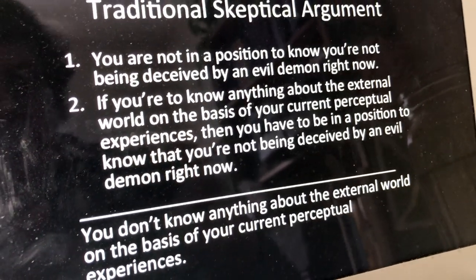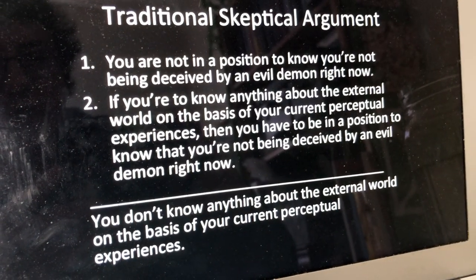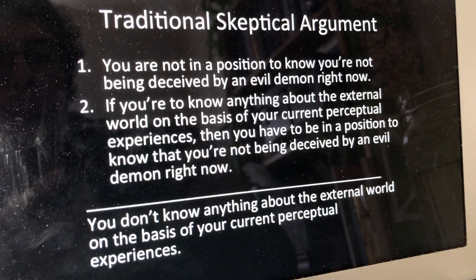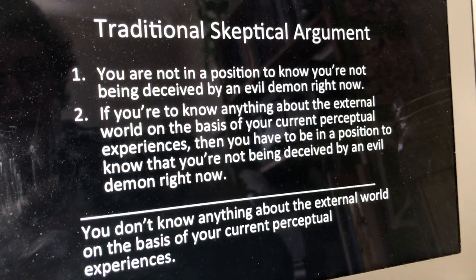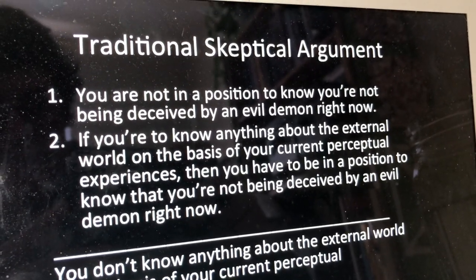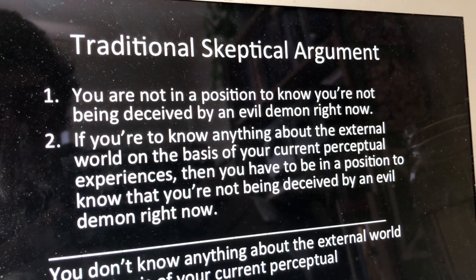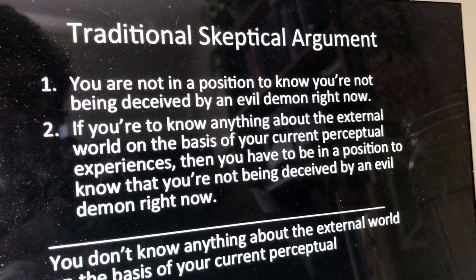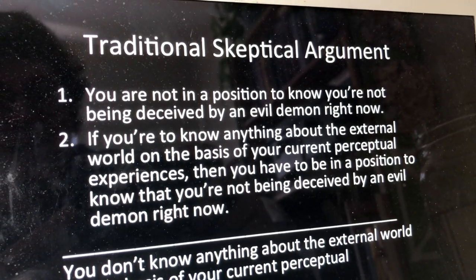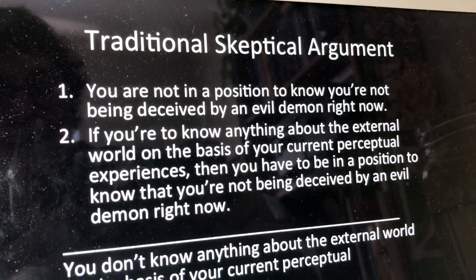So Pryor gives a criticism of this argument. Specifically, he criticizes the first premise, that you're not in a position to know you're not being deceived by an evil demon right now. He says the criticism is that this is question-begging. Why is it question-begging? Well, if Moore is right, and I can know that I have hands, and it follows from the fact that I have hands that I'm not a handless, deceived being,